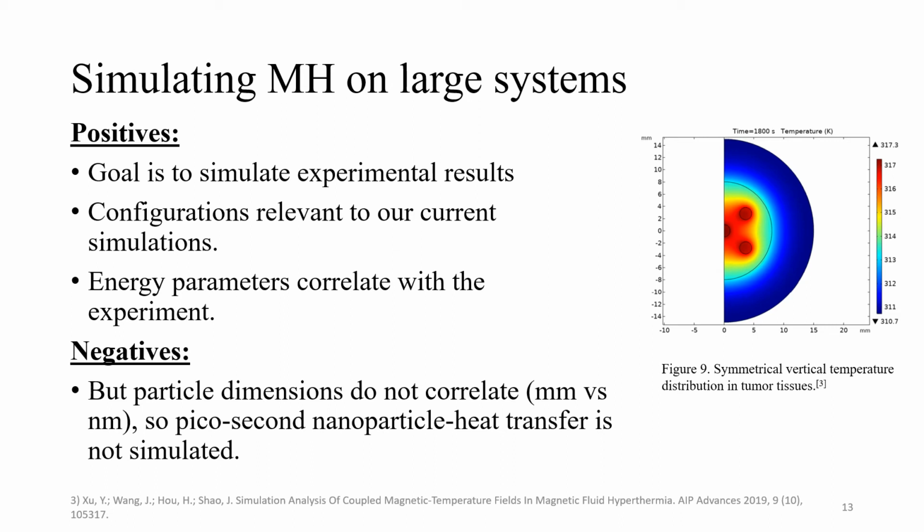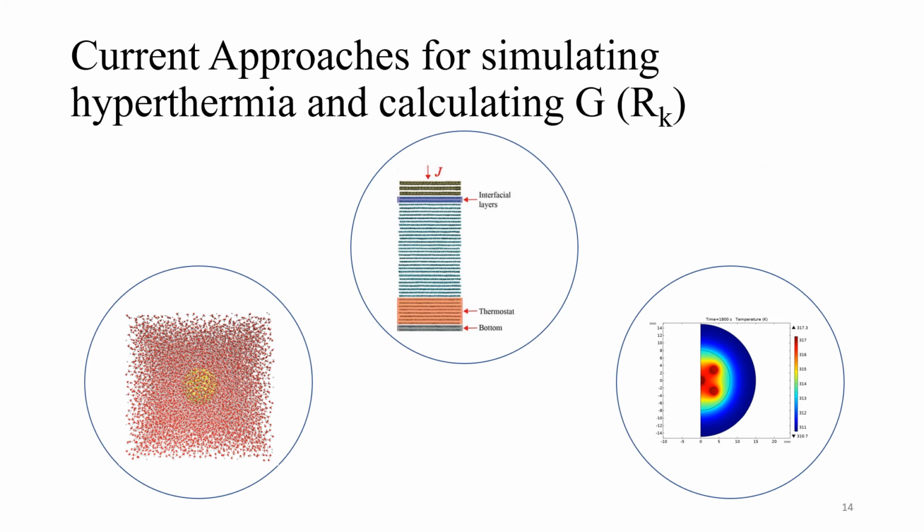Our goal is to simulate systems that are relevant to what our collaborators, the experimentalists, gave as an experimental result. So these are some things that are not published. What we want is for our simulation to have the characteristics of these three. We need to correlate our simulated results with experimental results. We need to have constant heating with very low thermostat, but the configuration is to be